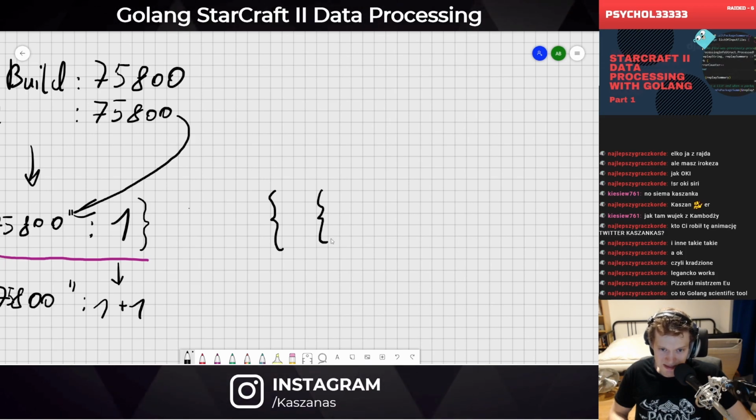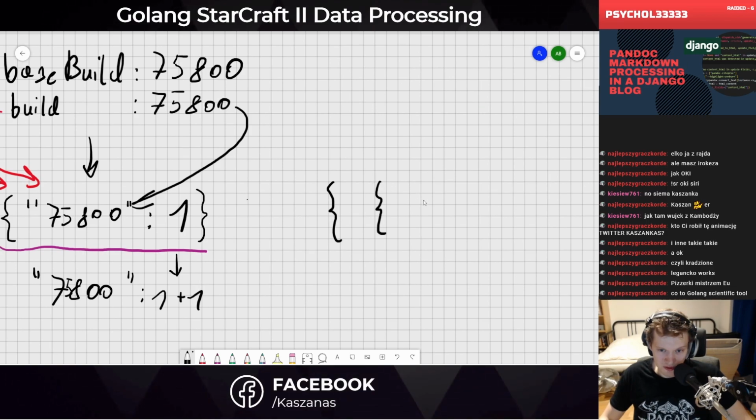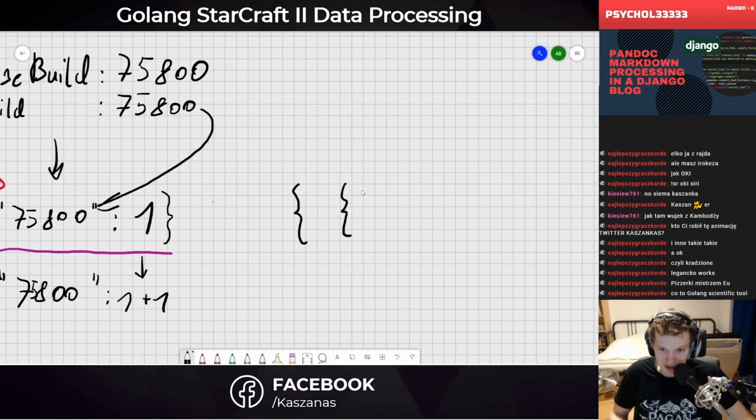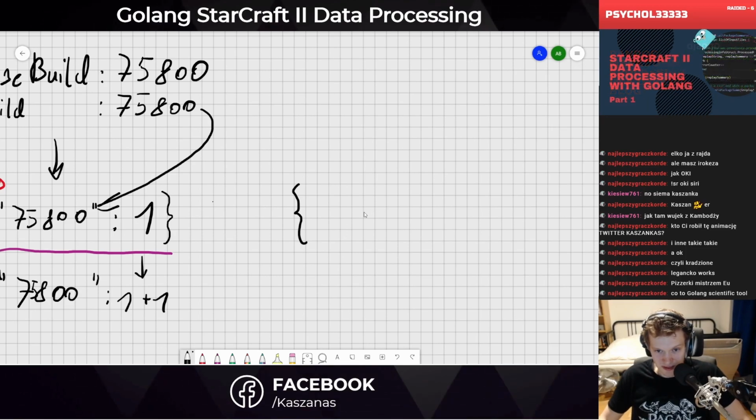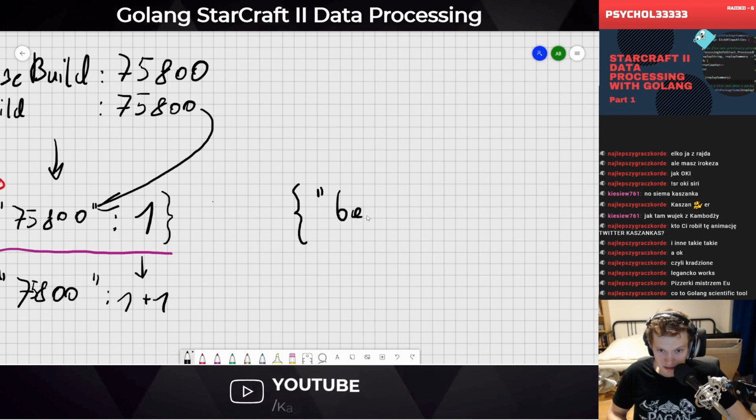Well, this looks really ugly, but you know what I mean. I will have to create a map which will hold another map within, which then will hold information about base builds,